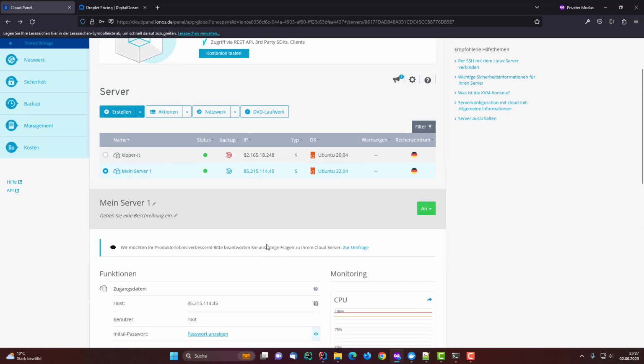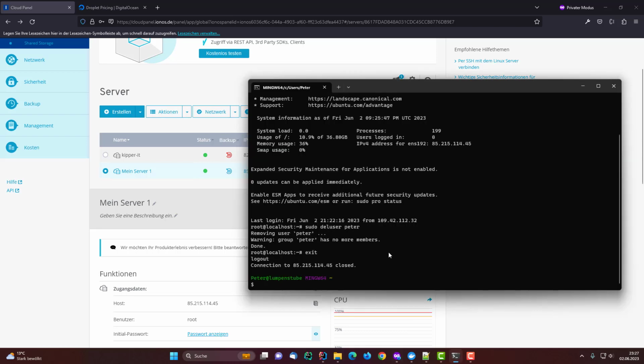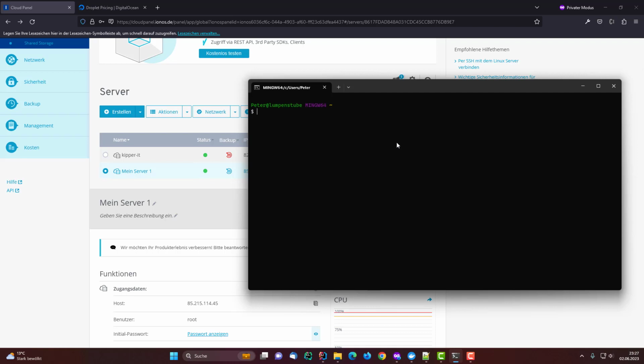First point, if you want to follow, as you see, it's Ubuntu 22. If you use Ubuntu 20 or 18, there shouldn't be that much of a difference. And you can use the commands I use. So now let's log in. I will use git bash for that. So SSH, root is a starting user, and now we need the